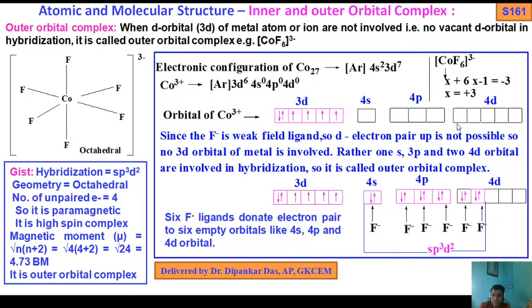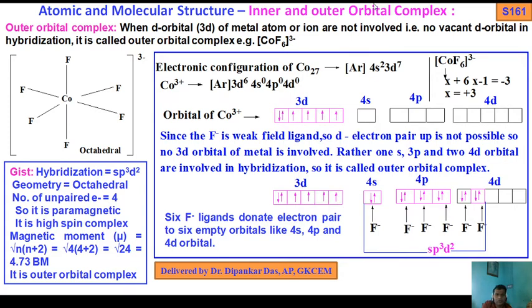Now here we have considered 4d orbitals. But in the case of inner orbital, you don't need to consider 4d orbitals. Now you see the 3d orbitals, how many electrons? 6 electrons: 1, 2, 3, 4, 5, 6. Now you have to examine the nature of the ligand, whether the ligand is weak field or strong field. If strong field, the unpaired electrons get paired up. If weak field ligand, there will be no question of pairing up. Then we get a high spin complex. It also shows paramagnetism. It also gives a magnetic moment value.